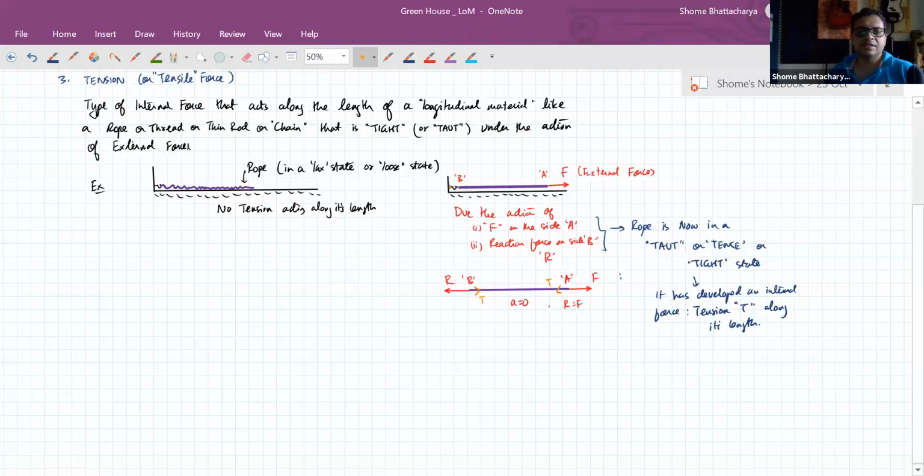And on the other side the rope is attached to the wall by a hook, so that hook will be experiencing a force towards the opposite side. The hook will be pulling back the rope, but the rope will also be pulling the hook in the forward direction. So that force is the tension or tensile force that develops because it is now in this kind of state. It is in a taut state. Tense is the opposite of loose.